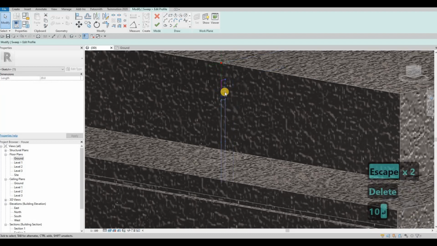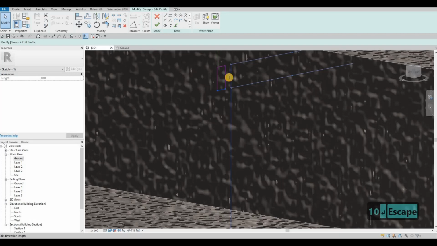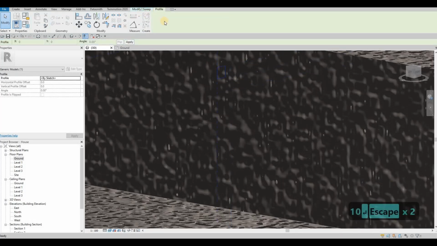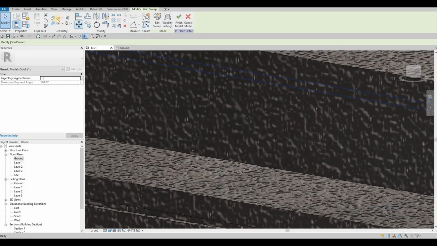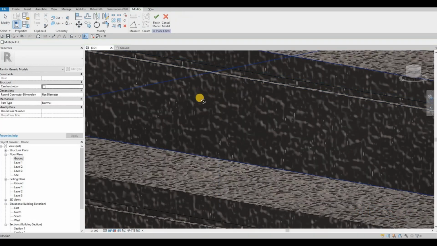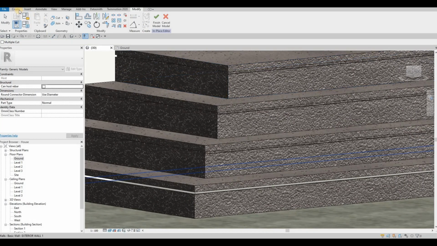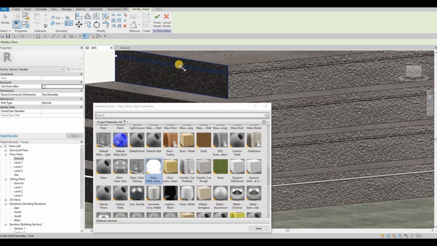Make sure it's 10 only, and then 10 right here, and then click finish, finish, cut geometry, and then we could go back to, or actually we're already here, select this, and then luminaire